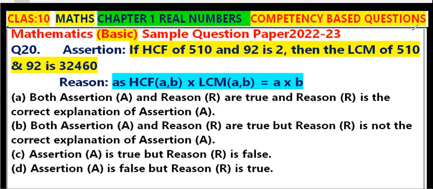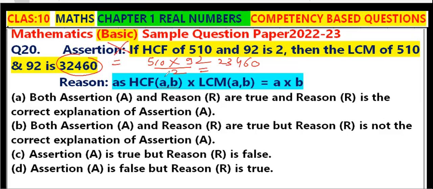Then the LCM of 510 and 92 will be, when you find out the answer, you will see that 510 into 92 upon 2, that will be 23460. इसका मीनिंग ये हुआ कि ये जो है इसका एलसीएम नहीं हो सकता, तो असर्शन हमारा हो गया गलत,